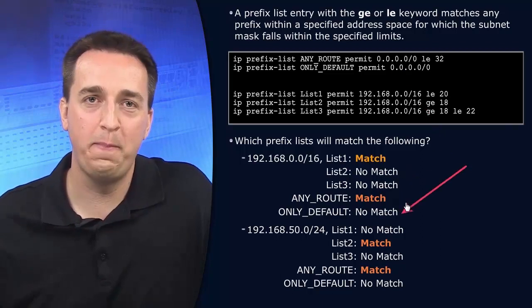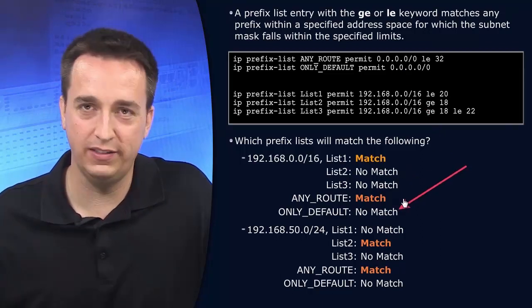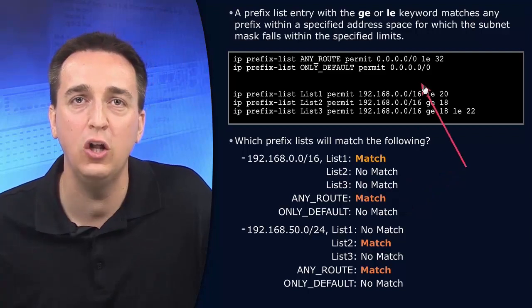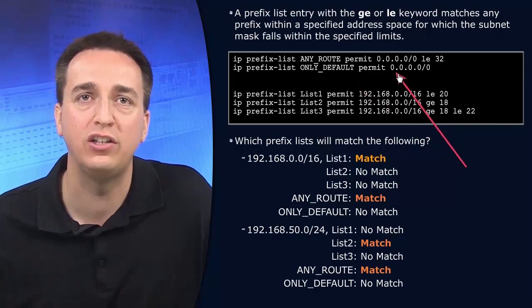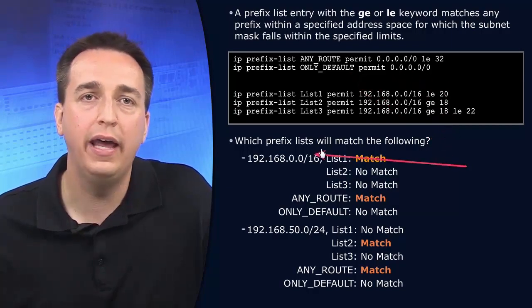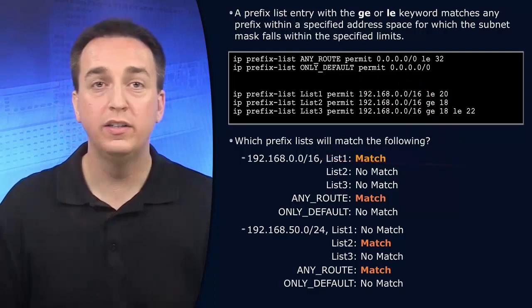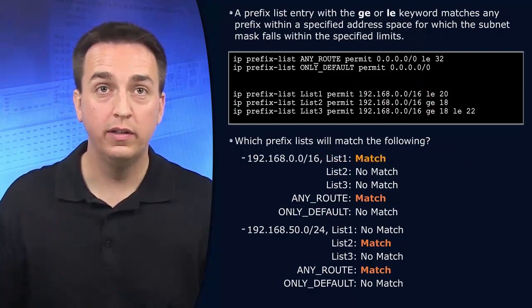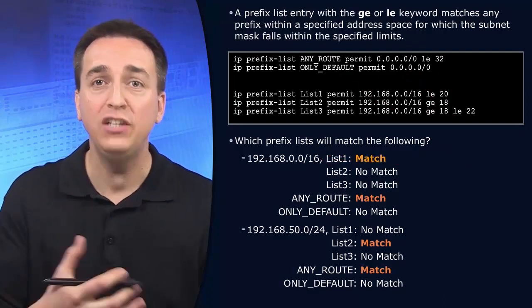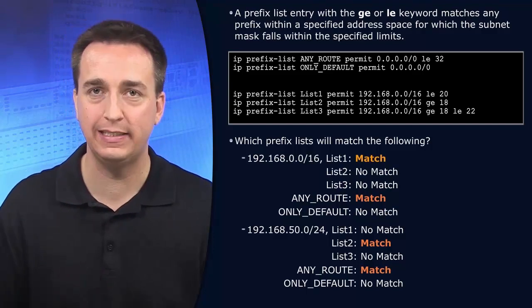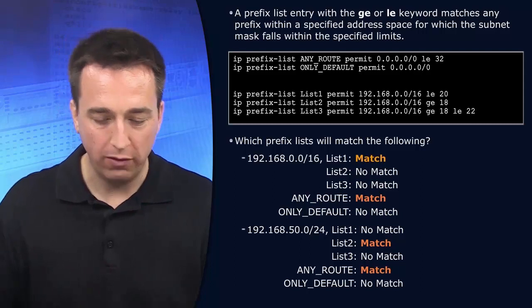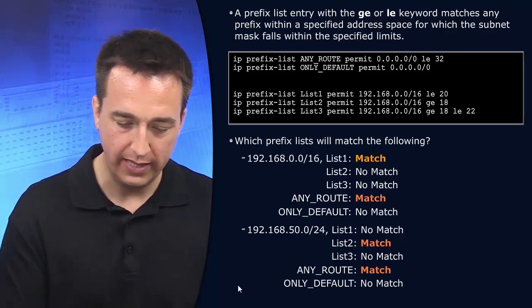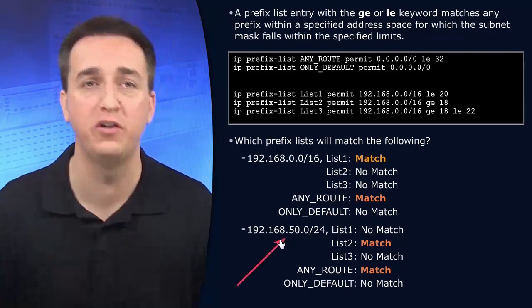We know that only default doesn't match. We know because there's no less than or equal to at the end, folks. There's nothing. Meaning we have to match 0.0.0.0/0, and it doesn't match at all. Since we've already gone through and determined what each of these prefix lists are identifying, we can now look at this address down here, or this route,